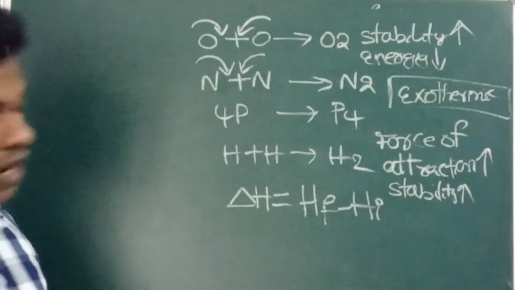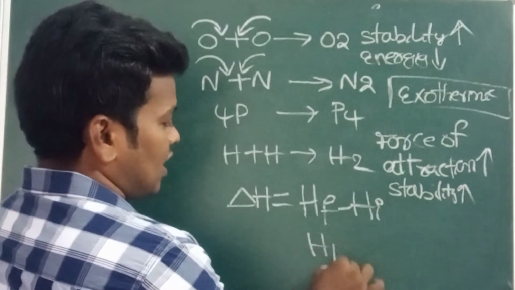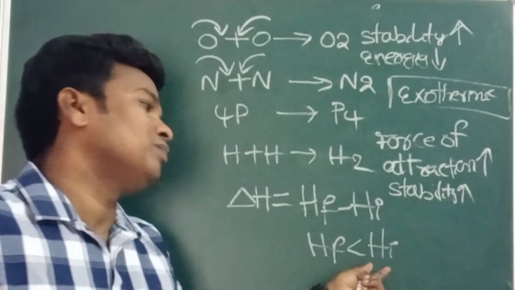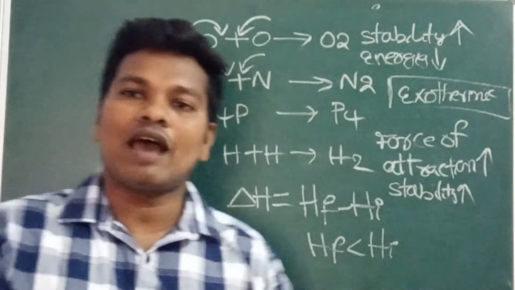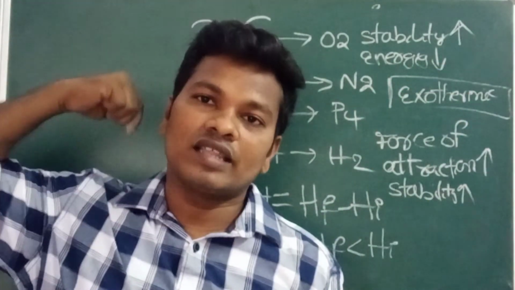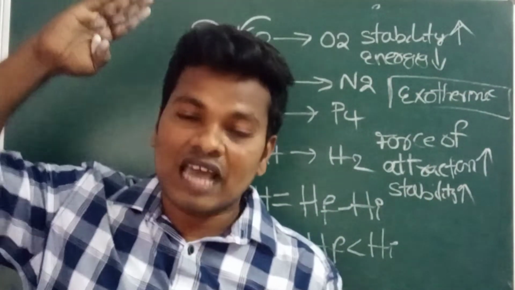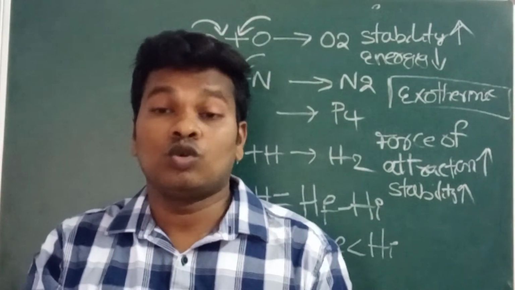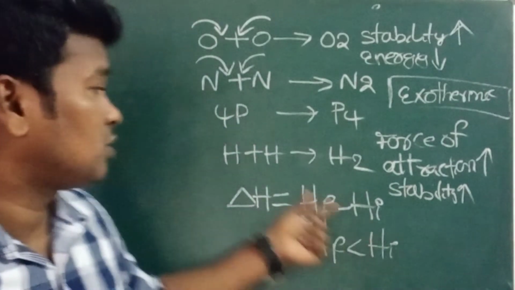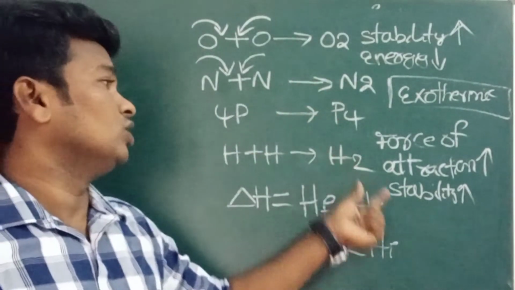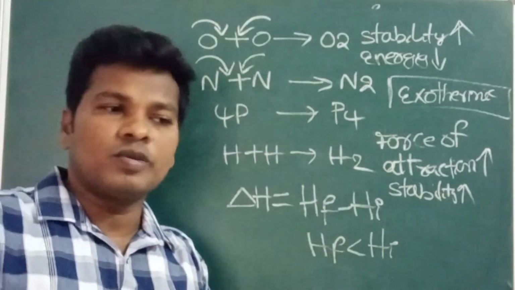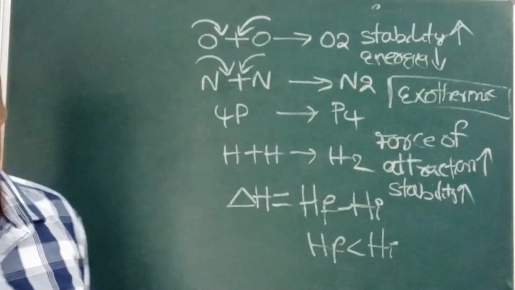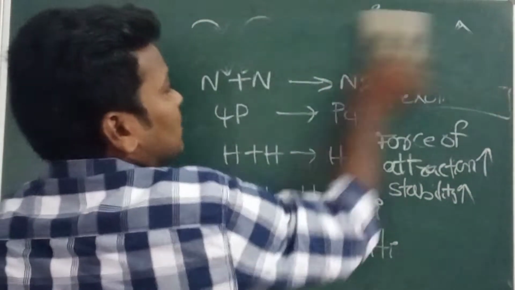So in this process, what will happen? The enthalpy of the initial state will be more, there is more energy. Initially they have more energy. Whenever anything in the universe has more energy, it shows less stability. So to get stability, they combine into a molecule. This formation of the molecule and combining, we will discuss in the chapter on chemical bonding.